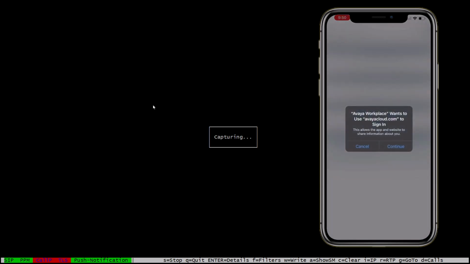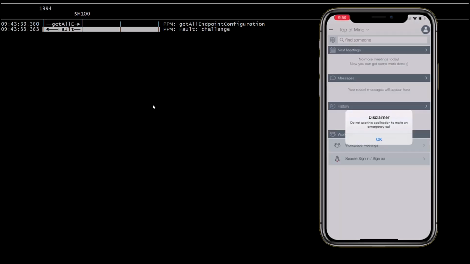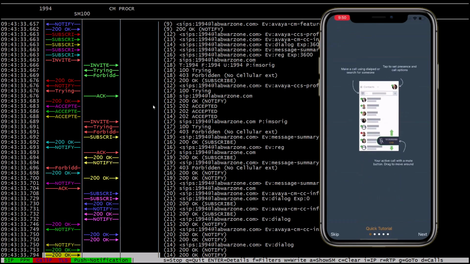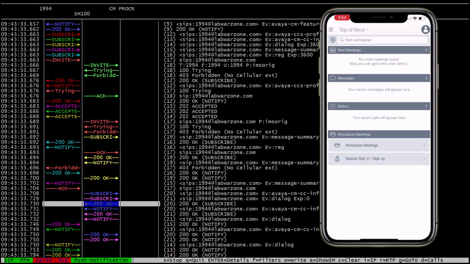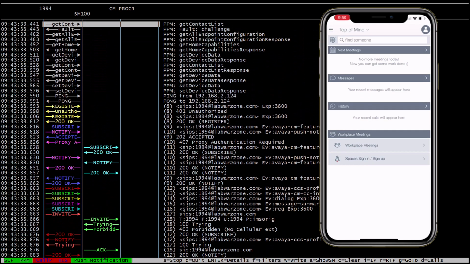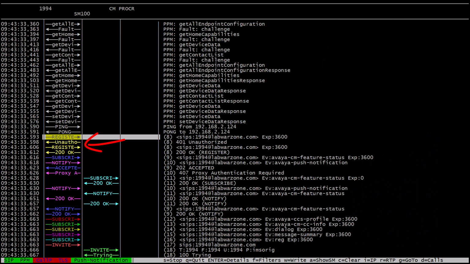Our application is automatically configured for us, including our SIP extension and password. Skipping all of those warnings and tutorials, we can see that our device has successfully registered with the Session Manager. Back at around the 3-minute mark of this video, I showed you that the Avaya Workplace extension registers with Session Manager. Then it sends a SIP NOTIFY message to set up and provide information about itself for the push